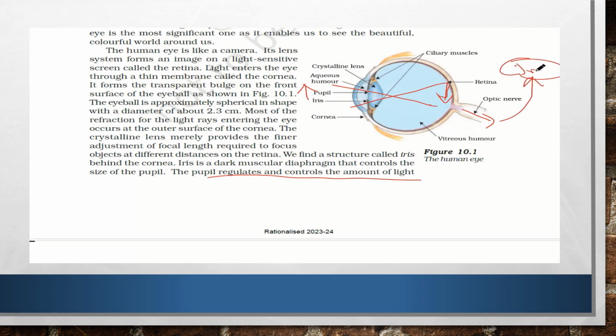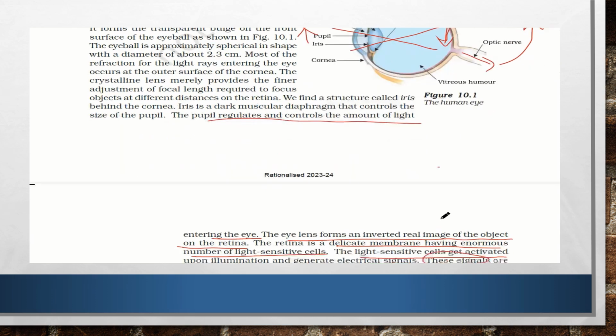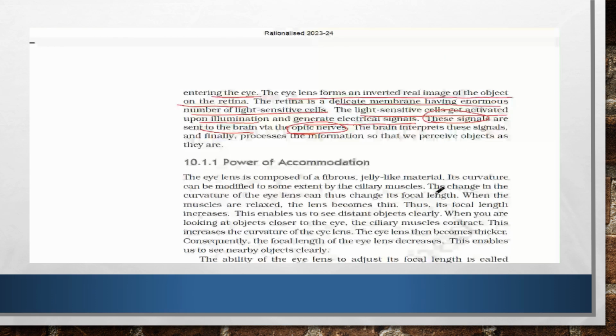So finally the signal reaches the brain, and what is happening? When the signal reaches the brain, the brain interprets these signals and processes the information so that we perceive the objects we are seeing. So you can just think how fast it happens when you are seeing an object. Suppose a bus is coming, a train is coming, you are seeing a flower. So once you are seeing, within a fraction of a second, the pupil will adjust the amount of